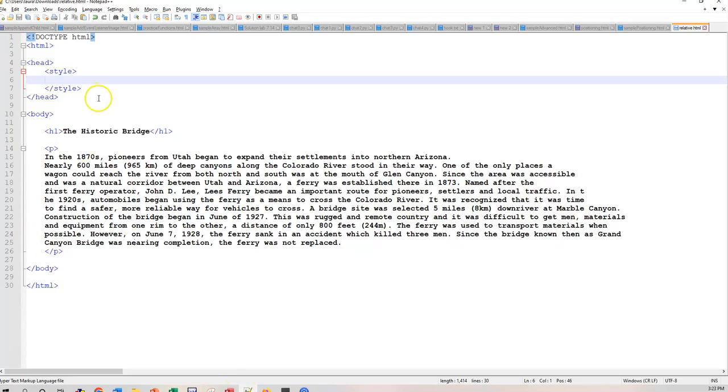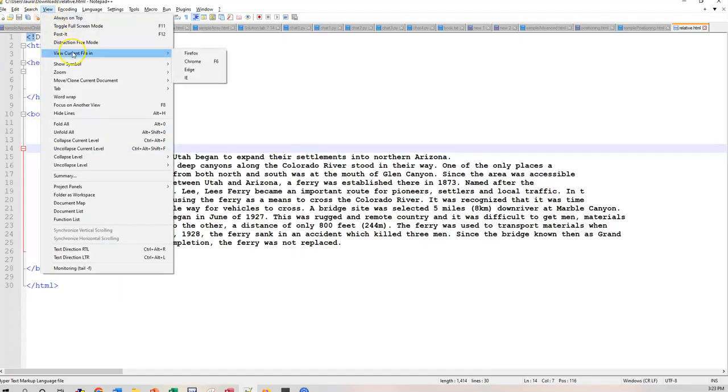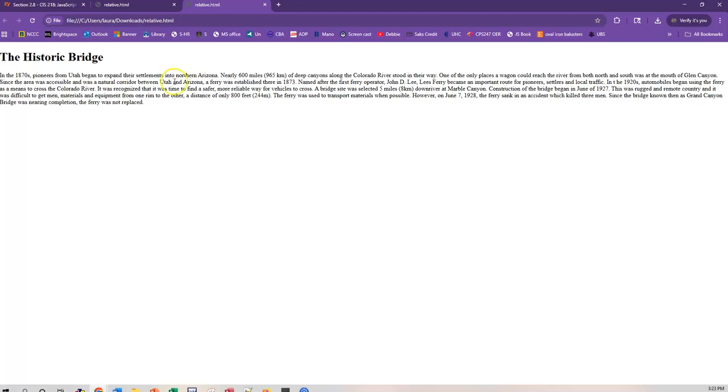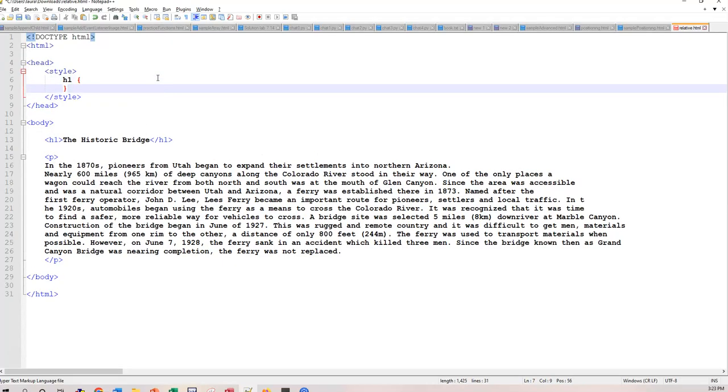Now I've already created an HTML. I have an H1 and I have a P, and I just want to show you what that looks like with no changes. Okay, so here is my H1, here's my P, and I just want to add, what if we don't like all of this spacing between the two, and we want to shift the historic bridge title down just a little bit. So here's where in your styling, you're now going to modify the H1 styling,